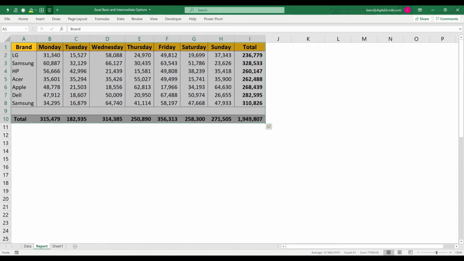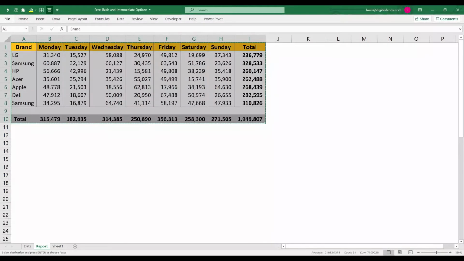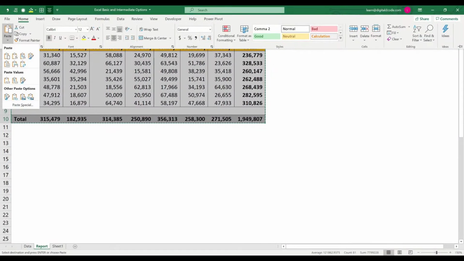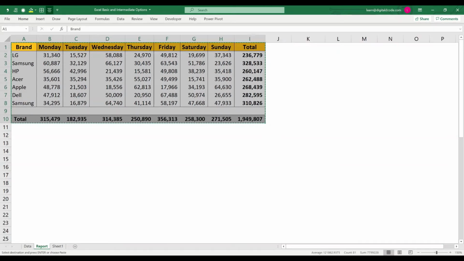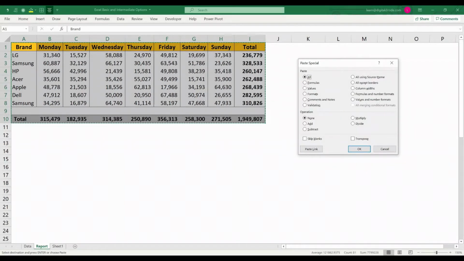To go to paste special, first you have to copy the data, then go to Home, Paste, and then Special. So these are the paste special options. The first option is All, which is nothing but Ctrl C, Ctrl V, just a copy paste. Whatever content or information you have here, everything is pasted in the cell which you choose. The next option is Formula. To go to paste special, the shortcut is Ctrl Alt V.